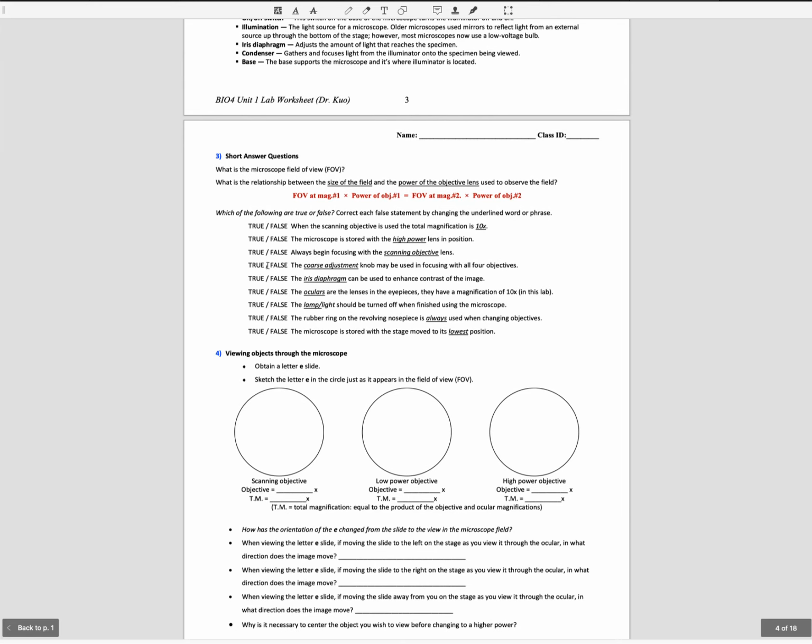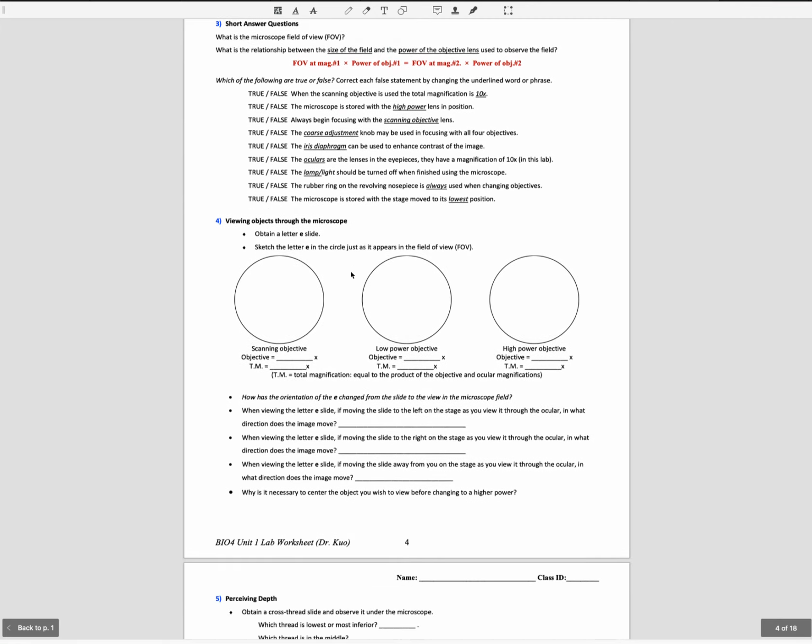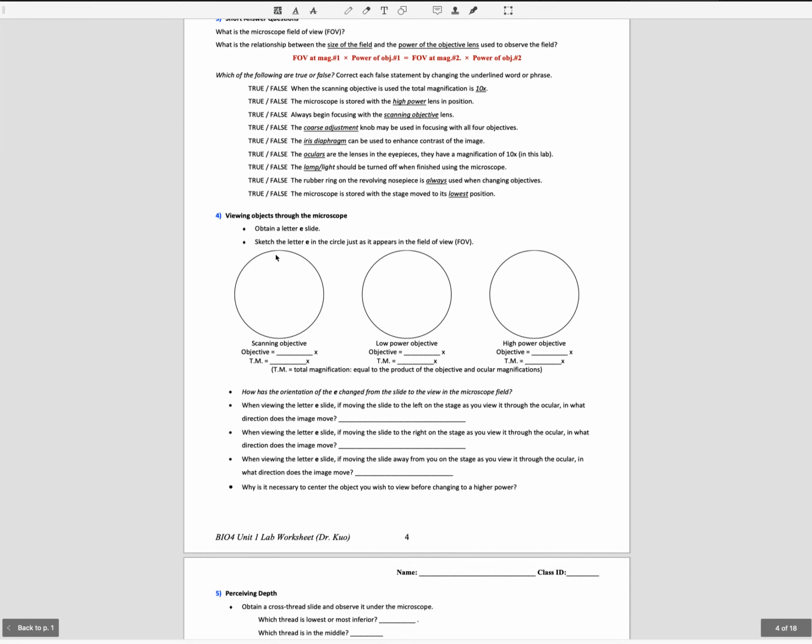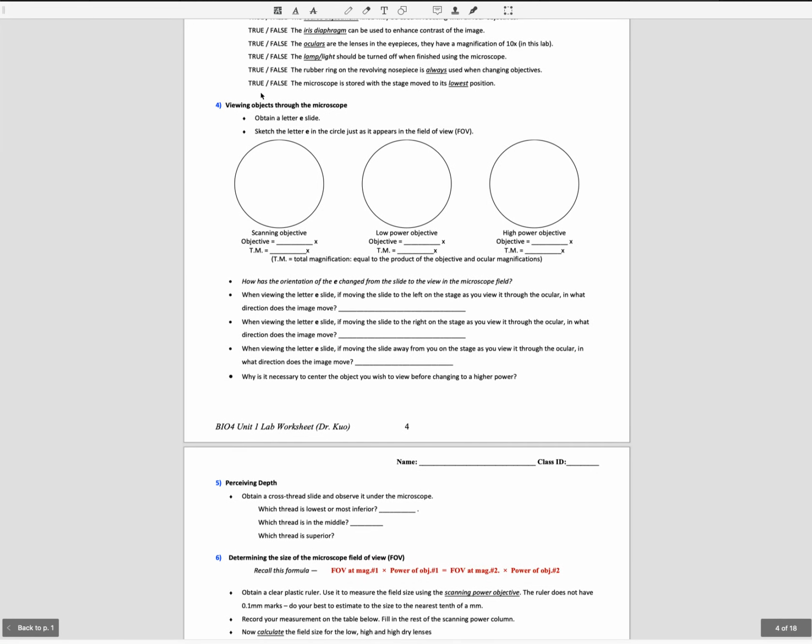Now, I'll also post a video going over the calculation and the concept of field of view. Then this section talks about the famous letter E slide, and there's another slide called the depth of perception slide. And I'll post videos on those. Make sure you watch them. I do want to briefly mention, in case it's not clear from the video that I will post,